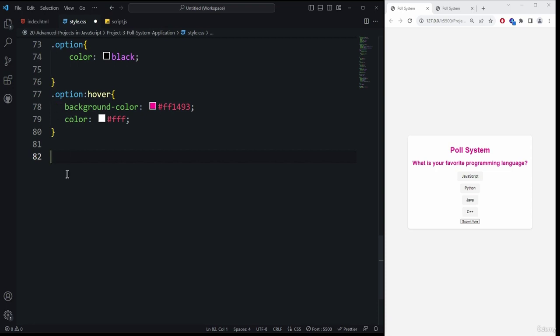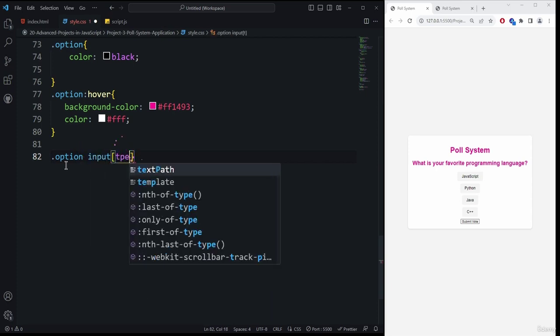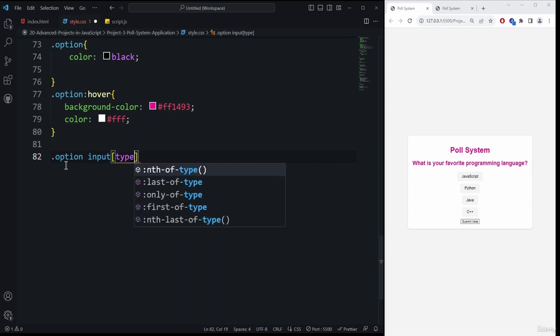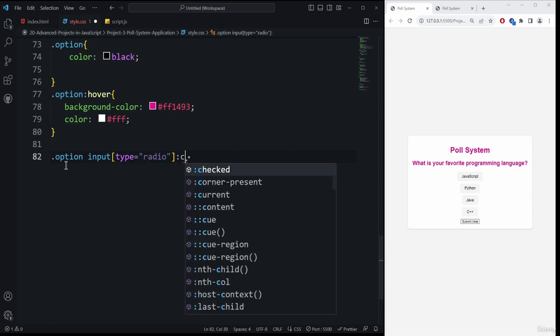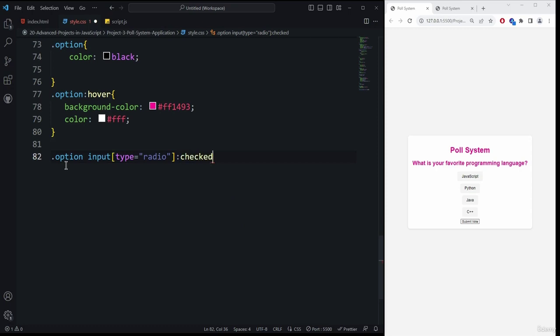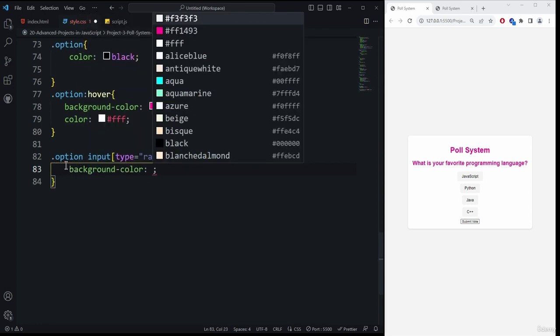So if I just simply use the dot option, and then we need to provide the input, and then we need to use the array brackets, and then define a type equal to radio, because we are going to update the color of the radio. Then we need to select the checked state, which is checked, and then provide the plus label, and then we need to start its block of the code, and here we will be using the background color, which is hashtag